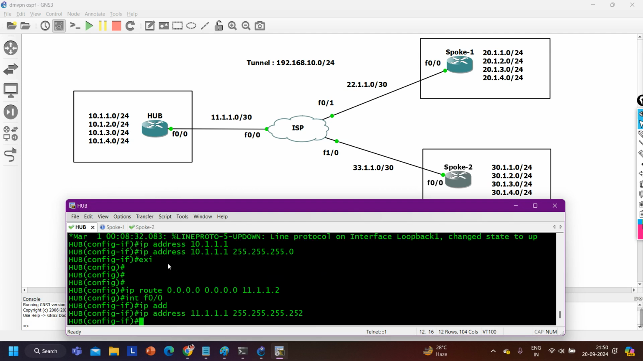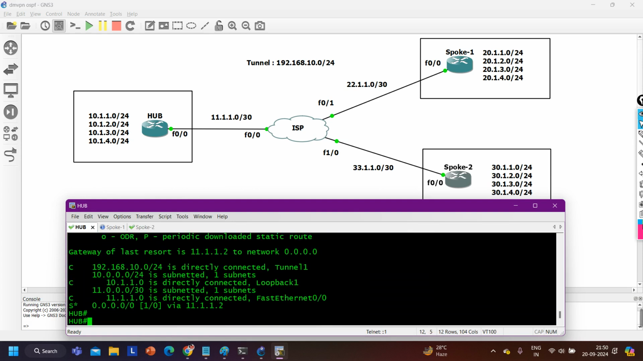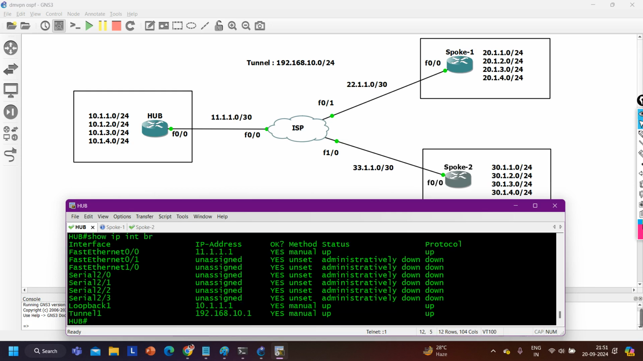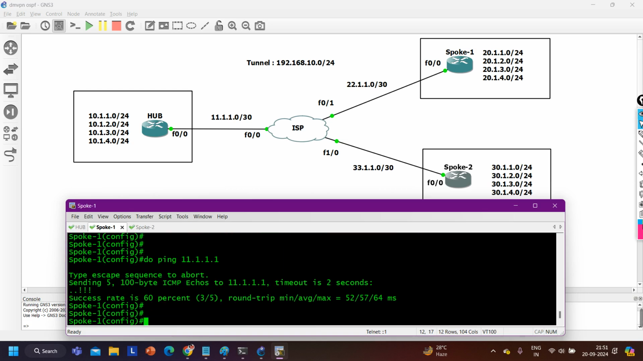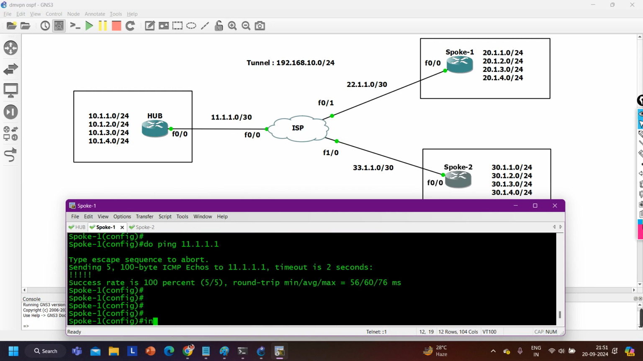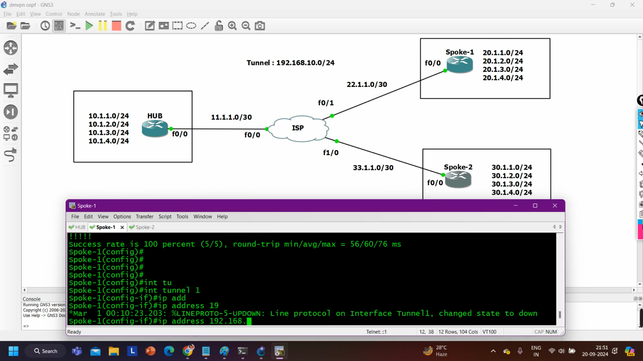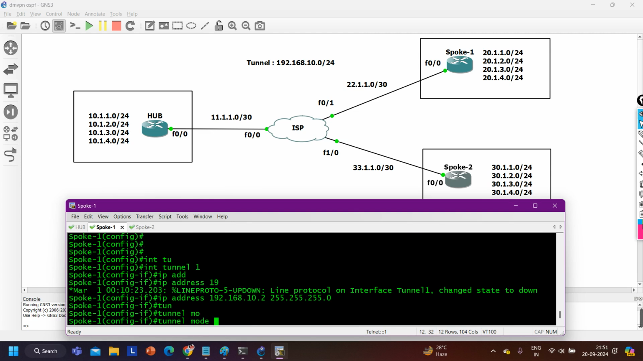Ping is not working. So IP route, the default route is there. So show IP interface brief. The interface is also up. Ping 11.1.1.2 and ping is working. This ping is also working. Now interface tunnel 1, IP address 192.168.10.2 255.255.255.0,